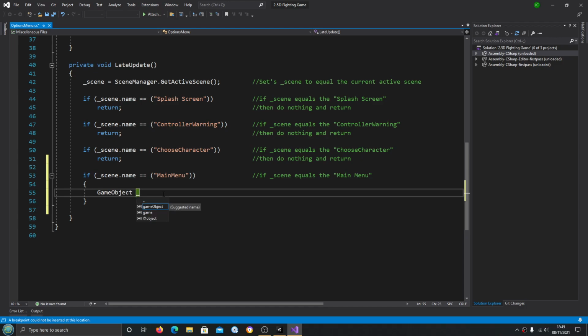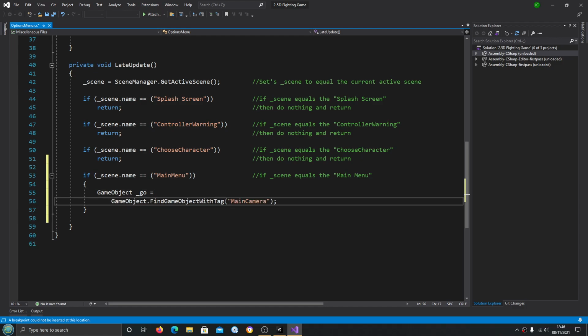But we've done that before just recently, so I think we'll do this a different way. So we'll do it by saying GameObject with capital G. We'll give that a naming convention of _GO for game object. And we want GameObject dot, and we want to find game object with tag. Let's open and close brackets. Inside the brackets we'll put the little quote marks, remembering of course to also close the line off. Inside the quote marks we're going to put main camera,